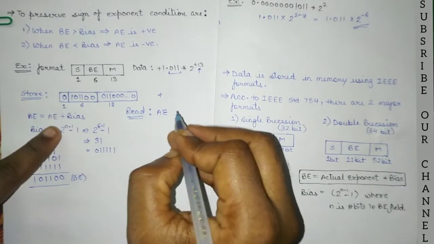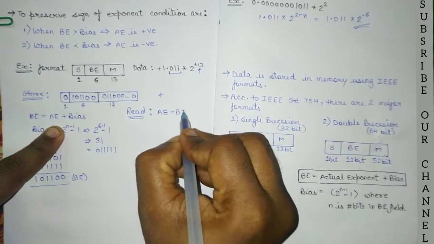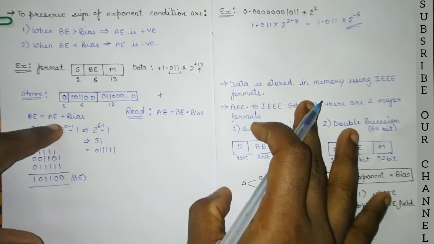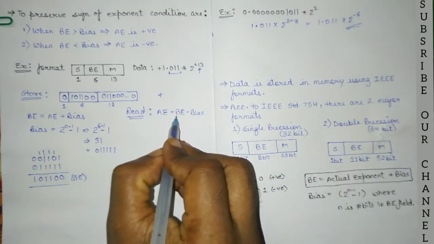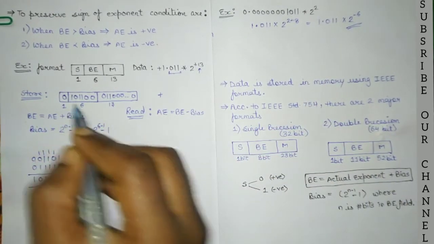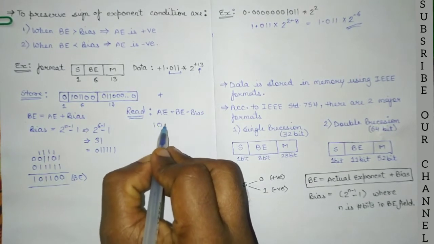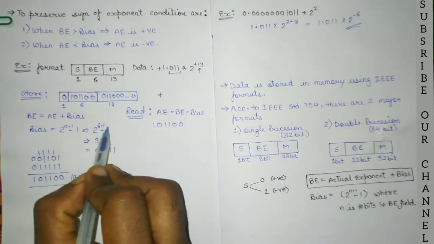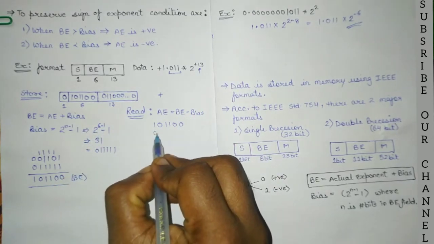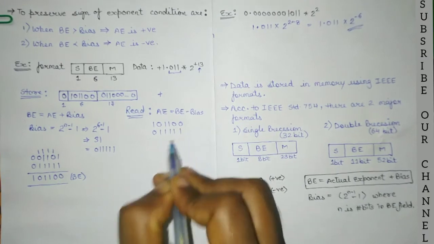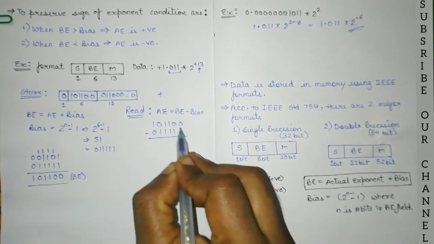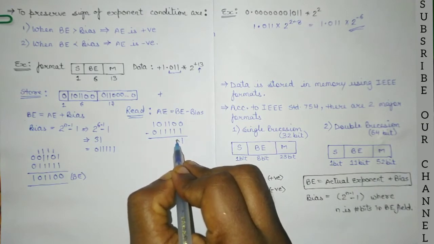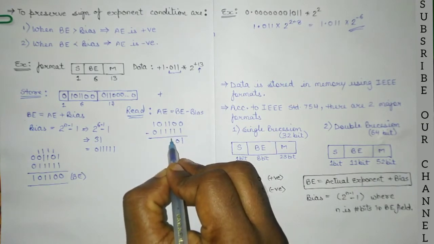So how can we find the actual exponent? Actual exponent is equal to biased exponent minus bias, right? Biased exponent minus bias. So what is BE? BE is given. So this is 1 0 1 1 0 0. Now what is the bias value? We can easily find out like this. So this is 0 1 1 1 1 1. So now just subtract these. 2 minus 1 will be 1, 1 minus 1 will be 0, right? Again 2 minus 1 will be 1,